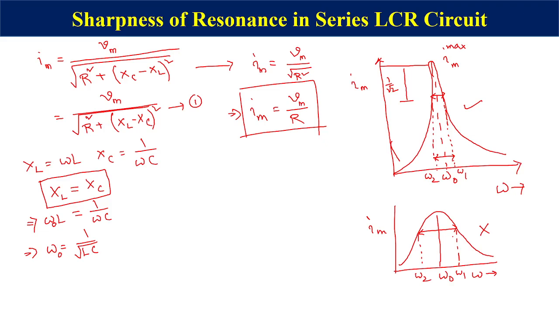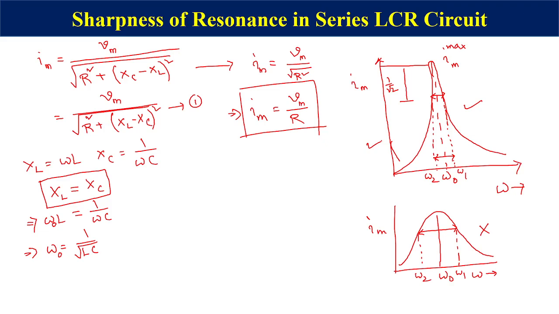All right. So in this case, suppose we consider a value of omega for which the current amplitude is 1 by root 2 times the maximum value. Then at this value, the power dissipated by this circuit is half. From this figure, we see that there are two such values of omega, say omega 1 and omega 2, as I have already shown, where omega 1 is greater than omega naught and omega 2 is less than omega naught.